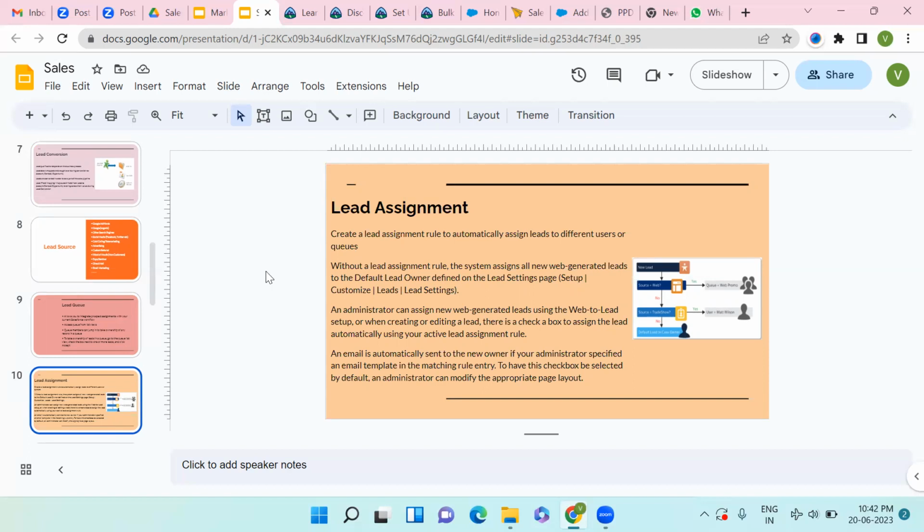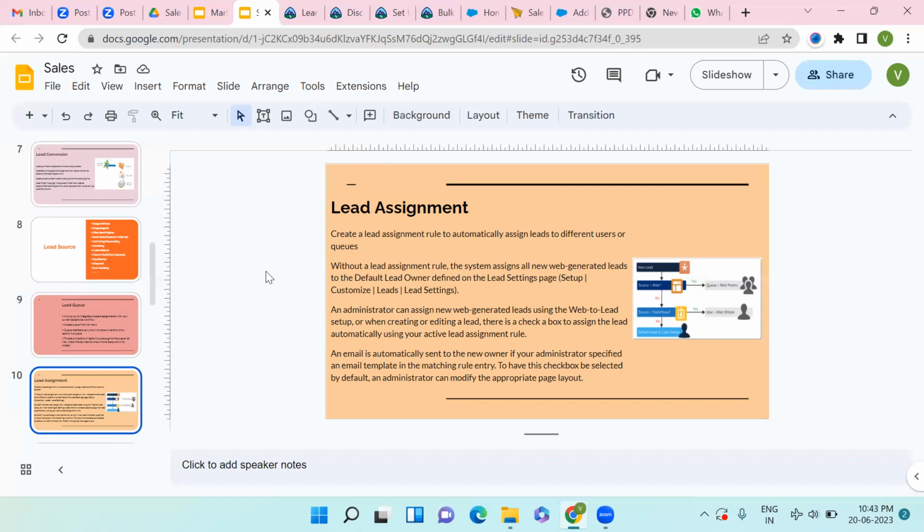And let's suppose I send an email to you, and there is an automation tool working behind it. It will automatically convert that email and assign that particular lead to the email handlers' queue. So whichever users are handling leads generated by email, it will automatically be assigned to that queue.